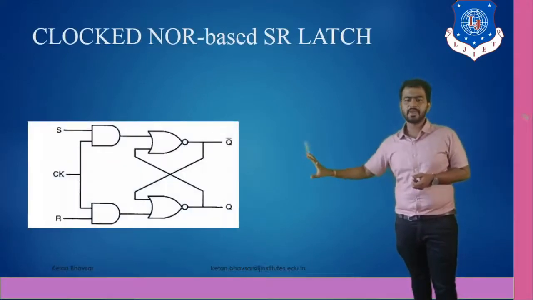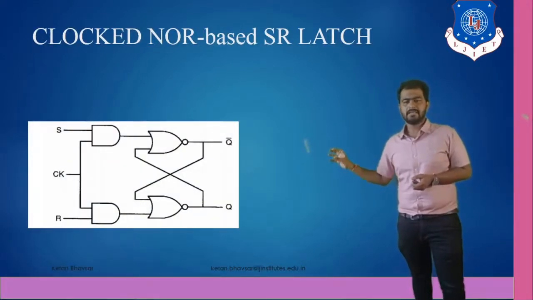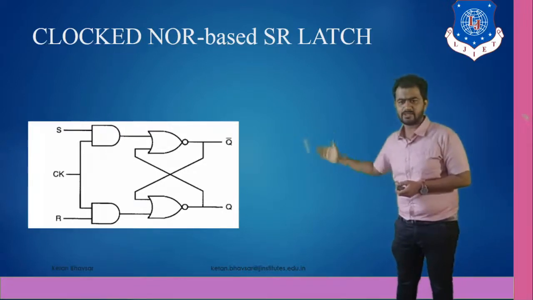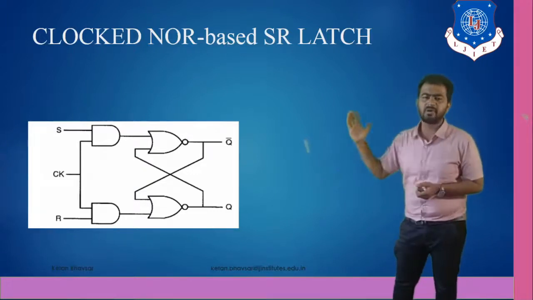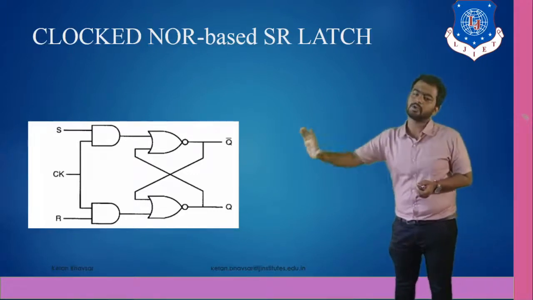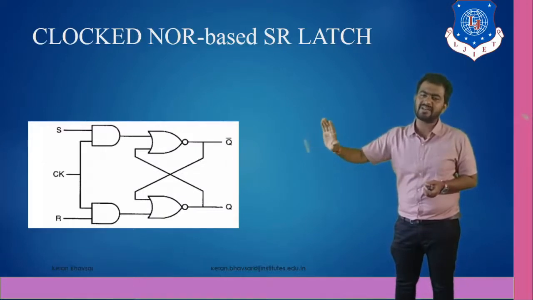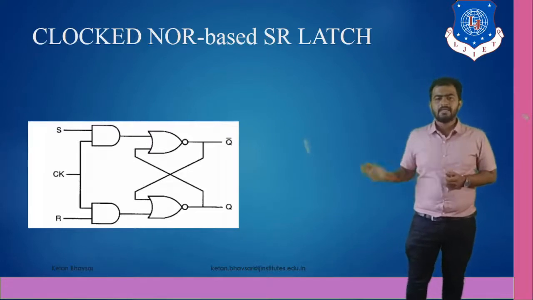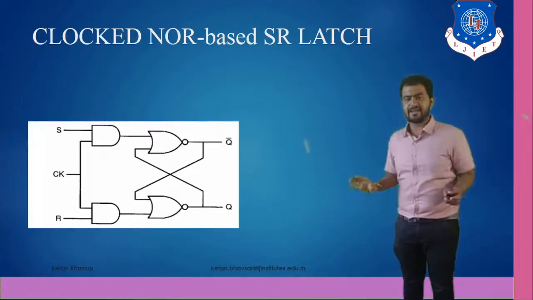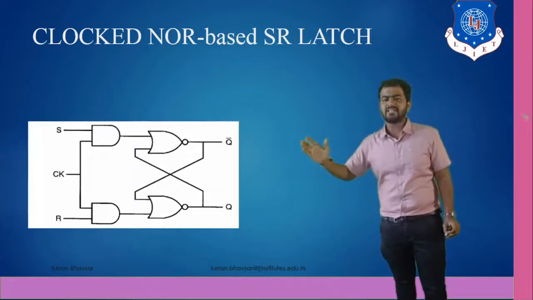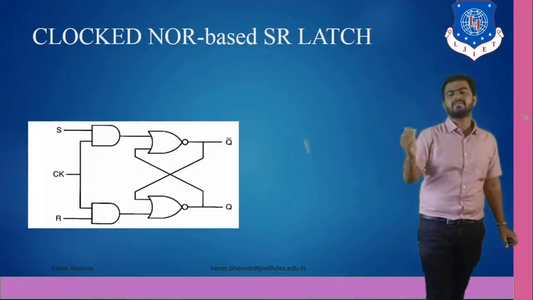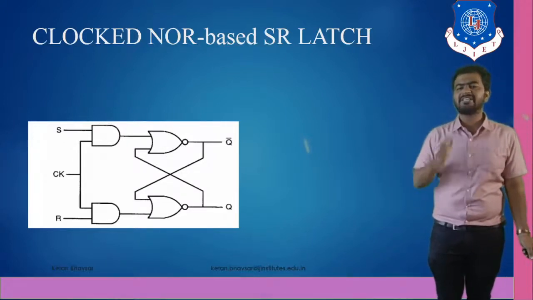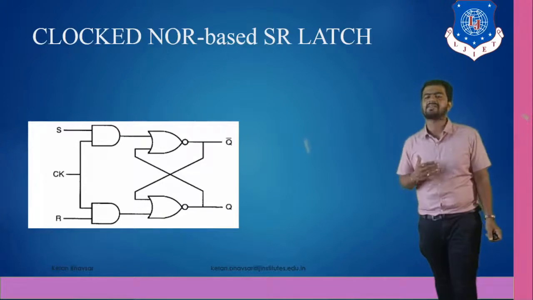This one is a diagram of the clock pulse based circuit using NOR gate SR latch. As you can see, we are taking the usual circuit as an SR latch, but for adding the clock pulse, we have to add the two input AND gates with a clock pulse lead. The remaining 50% of the circuit is the same as the SR latch using NOR gate, right? But for adding the clock, we have to add two input AND gates, and again we apply S and R, and we connect the clock pulse to the common terminal, and the output of the AND gate is derived over the next SR latch circuit.